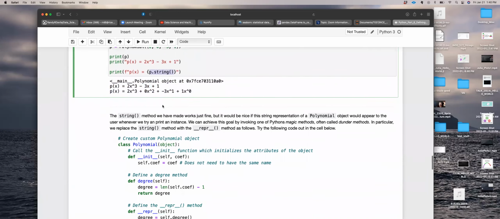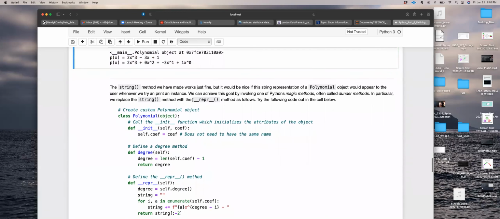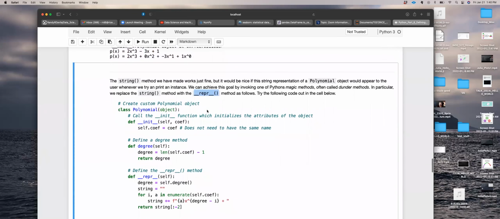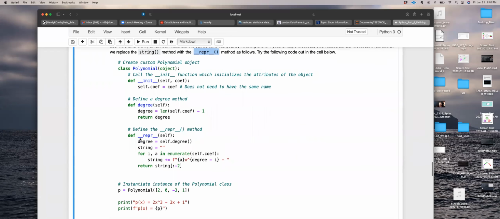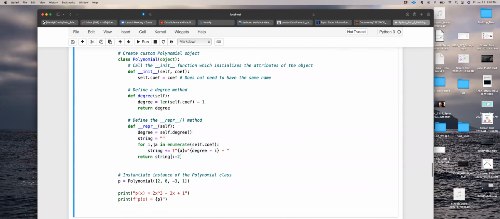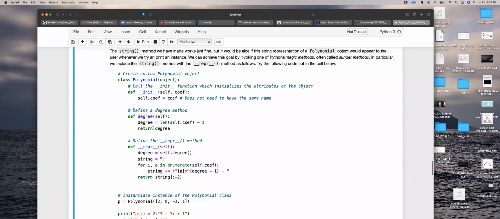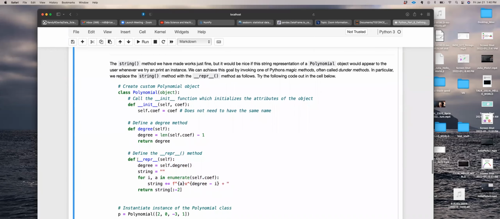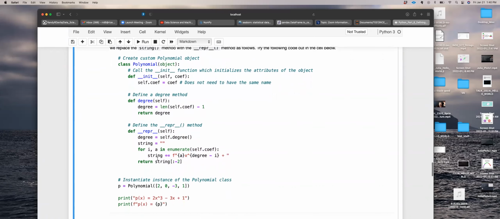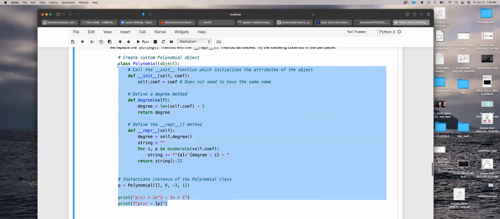Well, this introduces another Dunder method called __repr__. I've read before in the past that every class that you write should have a repr method. And the repr method is going to give this class a string representation. So basically all I did to change the code was, in place of __str__, I wrote double underscore repr double underscore. So now if we run this code,